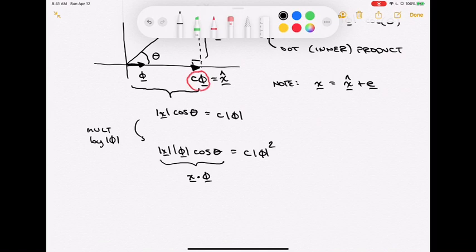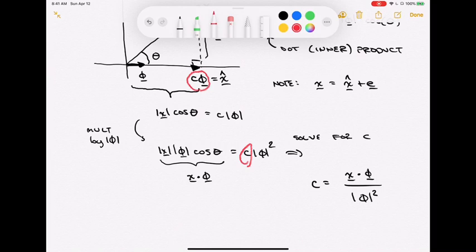And what I can do for all of this now is I can come up with an expression for C. C was the thing I didn't know. Everything else is known. I'm just going to solve for that C. So I'm going to come over here and solve for C, and what I get is C equals X dotted with phi over the norm of phi, the size of phi squared, something along those lines. So this is a way of finding that coefficient by using this principle of how we can